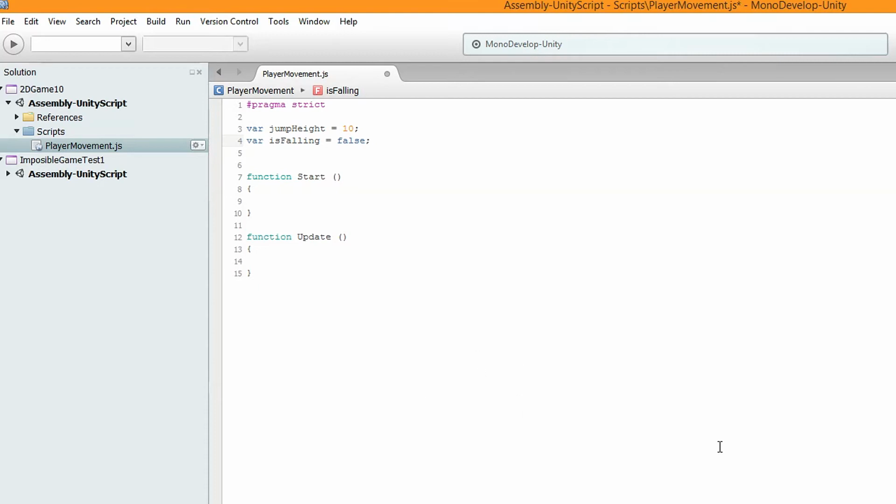If we didn't set this, every time you press space, you would just move up 10. So this is why we have false, so that we can check whether the player is colliding with an object, and if it is, then it's false. If it isn't, it's not. So once we've set them two variables, we can actually start moving on to the code.